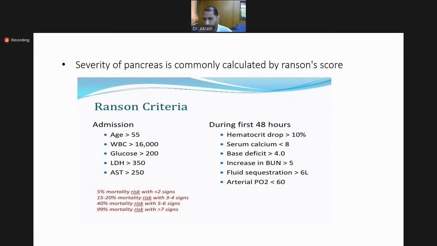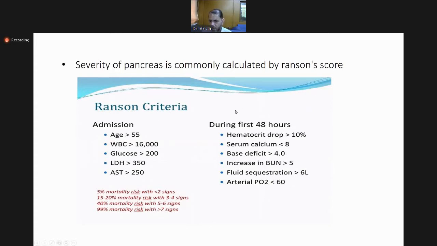Before you take the patient, you have to know which stage the patient is at. If the patient's age is 40 years, that is 0 number. WBC is 14,000, 0 number. Glucose is a normal number, 0 number. So you should have all these investigations: WBC, RBS, LDH, LFT, AST,